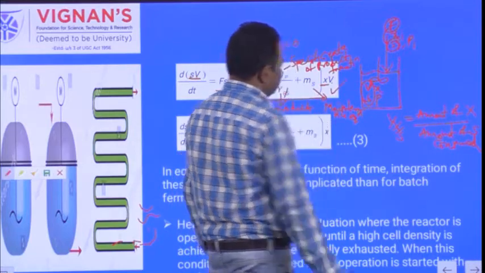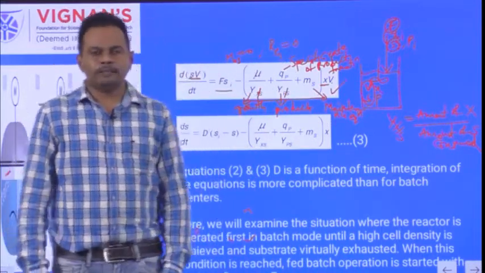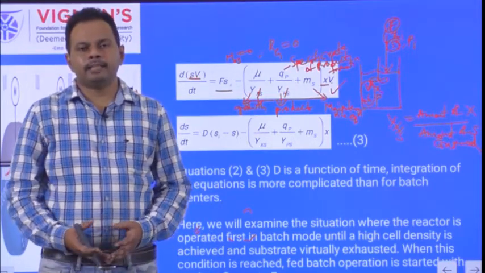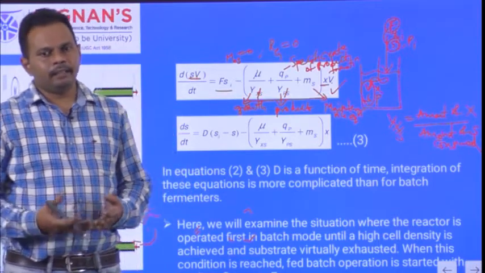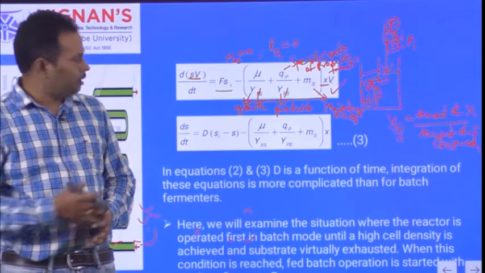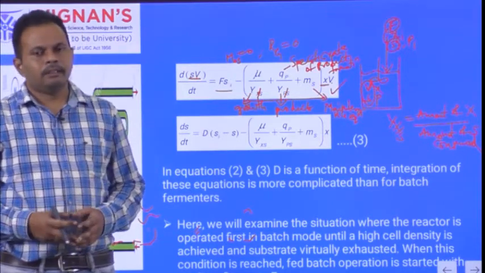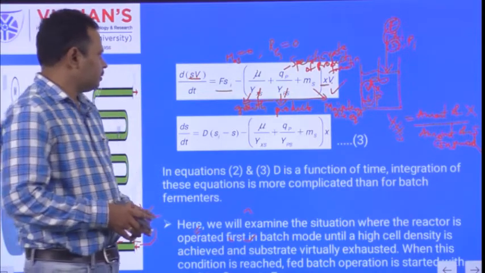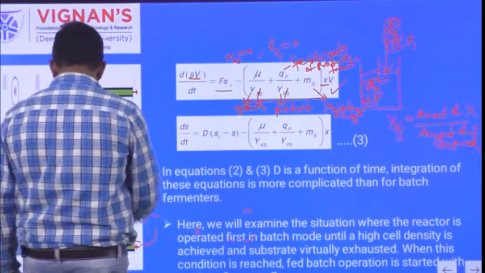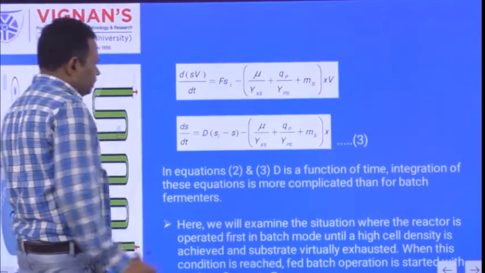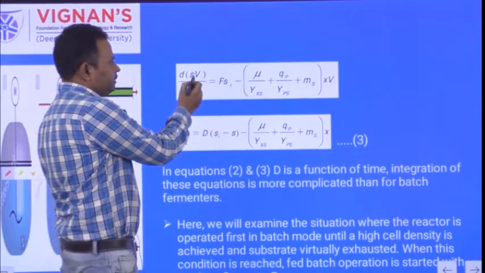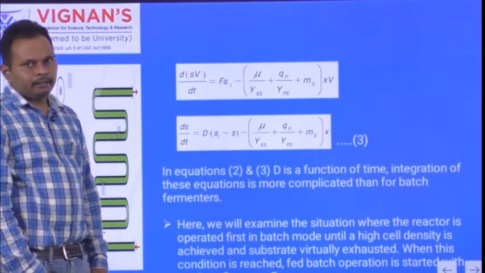The total is the Rc: rate of substrate consumed for the growth of the cell, for the product formation, and to keep the cells for maintenance activities, to maintain some internal pH and the cell wall membrane potential, and to keep the cells in viable condition, some amount of the substrate is required. Okay. So based on this one, you can do some mathematical manipulation, again similar to the earlier one. Here also the substrate concentration varies with respect to time, and volume also varies.